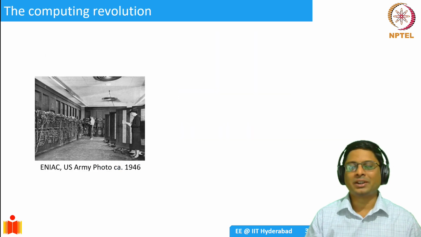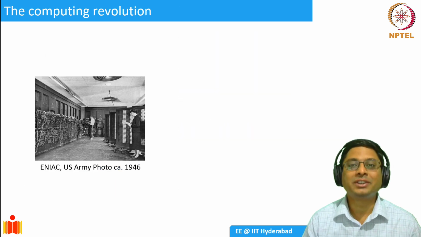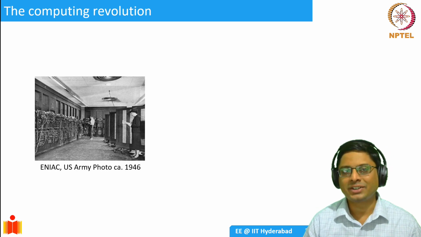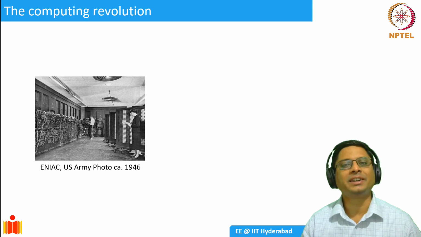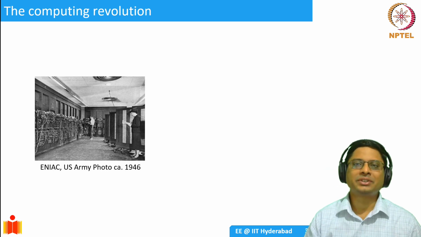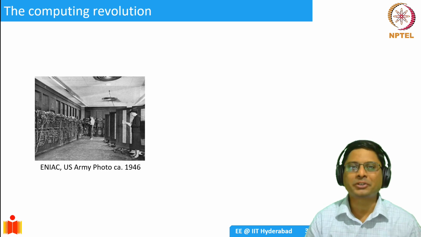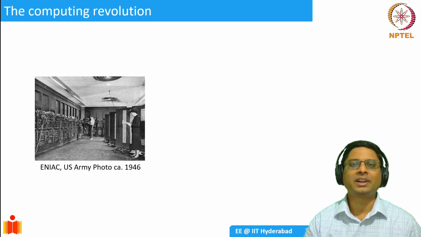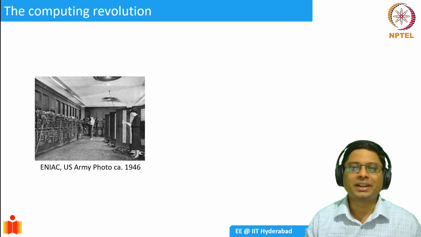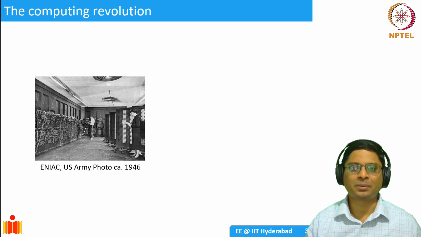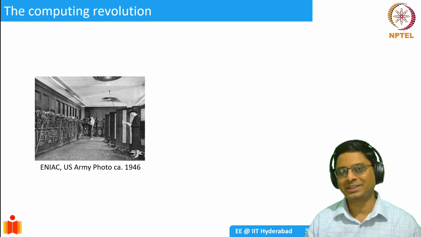So, the roots of the story are in the 1940s when one of the first computing devices was built, which was called ENIAC. It is essentially electronic numerical integrator and calculator. So, this was a device which was made out of vacuum tubes, which were the predecessors of the modern MOSFETs. And these vacuum tubes were connected to create logic functions. So, you see one picture of ENIAC here, wherein these tubes were connected and you have circuits which are encompassing an entire room and there were people programming these devices.